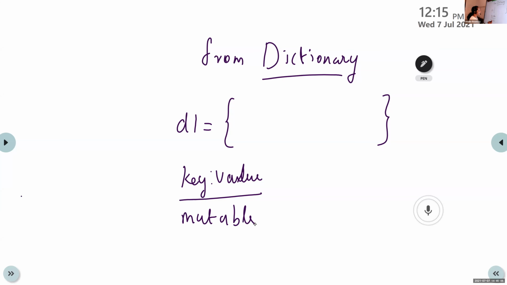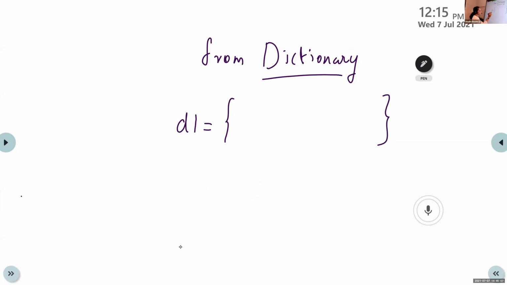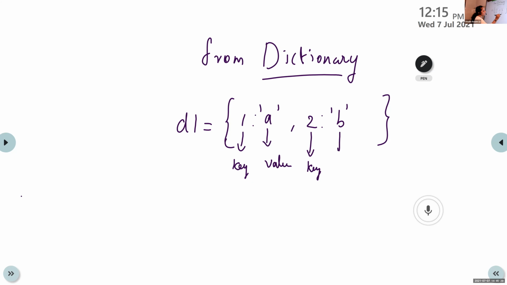What is key value? I will explain. Here we are writing 1:A. This is the key and this is the value. Then comma, another set, it is 2:B. This is the key and this is the value.